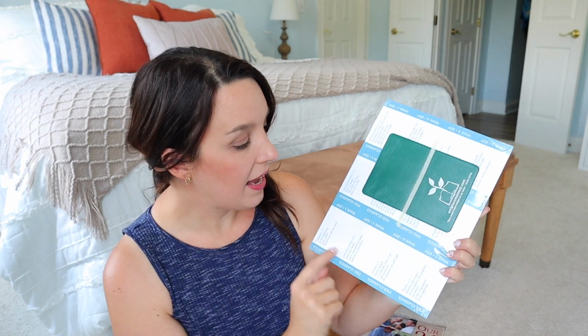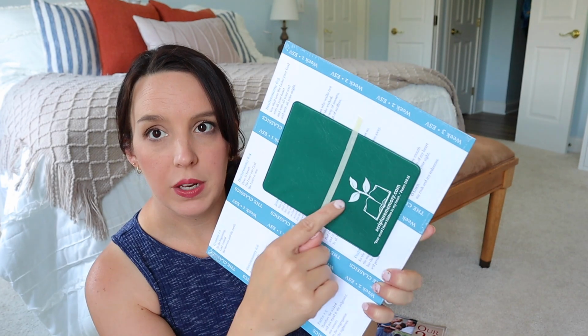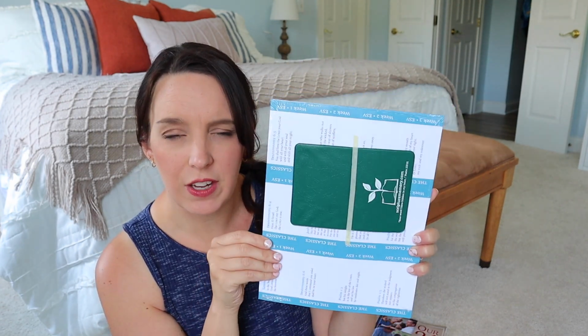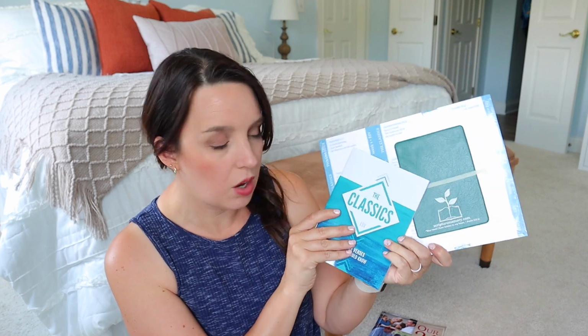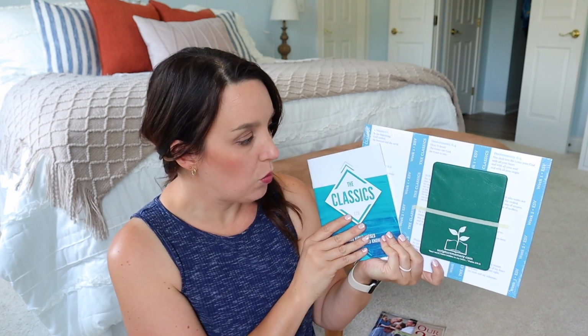I haven't organized this yet, but it comes with little punch out cards that you can put in this little holder and kind of like flashcards. And so I just thought this would be really great. I might write our verse on the board every week. Maybe we'll have a verse of the week that we're working on. But this is just kind of nice to have a scripture memory guide for us to be working on